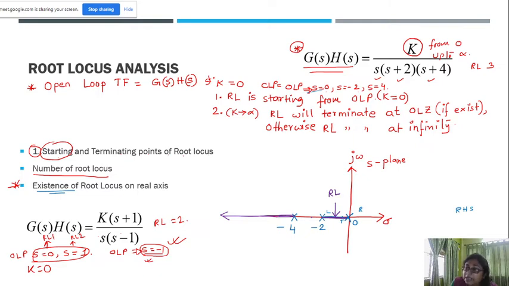If it is an even number, the root locus will not exist. This is basically the principle. বোঝাতে পারলাম? ওকে ম্যাম।